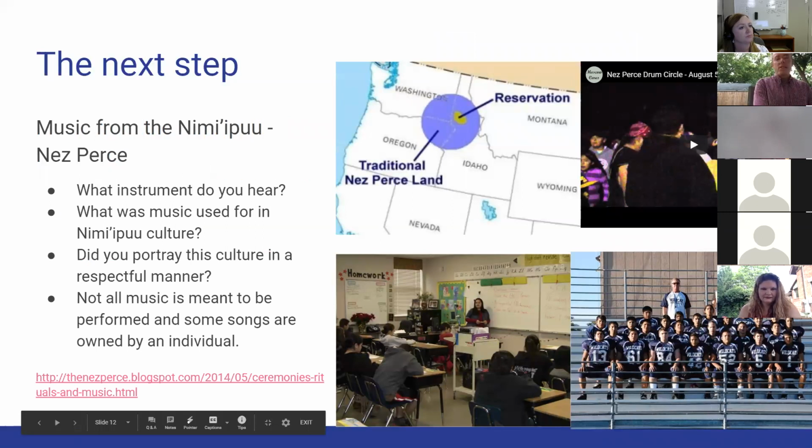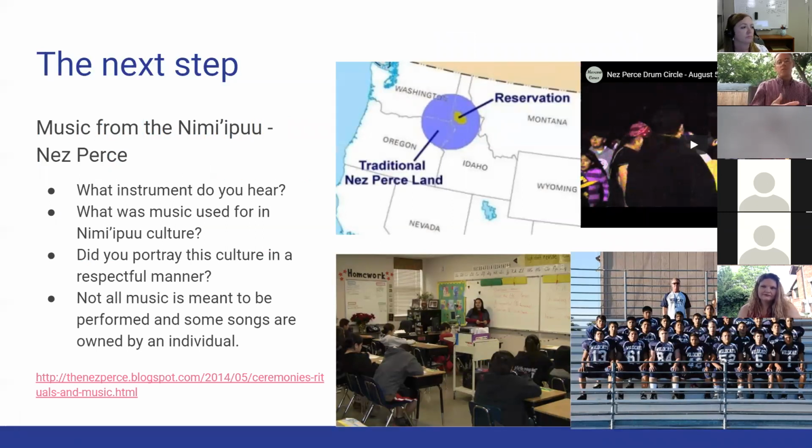So just 15 miles from the town in which I live is the Nimiipuu Nation, or the French word Nez Perce. And just as a disclaimer, Nez Perce means pierced noses, but they never pierced their noses. The French people that came over the mountains kind of stereotyped that and gave them that name. But the majority of the time they go by Nimiipuu when you're out there. So showing some pictures of it. Where is the reservation? What is a reservation? How did that come about?